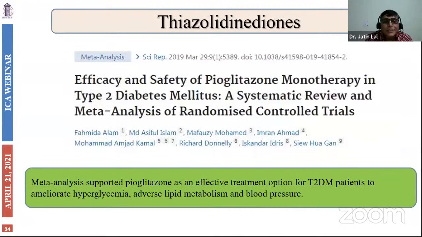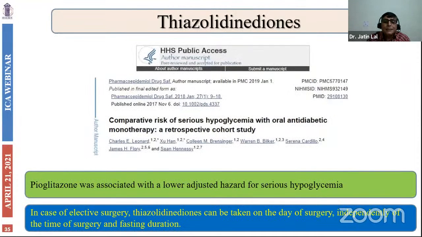We have a 2019 meta-analysis on the efficacy and safety of pioglitazone monotherapy in type 2 diabetes mellitus. The meta-analysis supported pioglitazone as an effective treatment option for type 2 diabetes mellitus patients to ameliorate hyperglycemia, adverse lipid metabolism, and blood pressure. Another study, on the comparative risk of serious hypoglycemia with oral antidiabetic monotherapy, was published in 2018, and it concluded that pioglitazone was associated with a lower adjusted hazard for serious hypoglycemia. So in case of elective surgery, thiazolidinediones can be taken on the day of surgery,